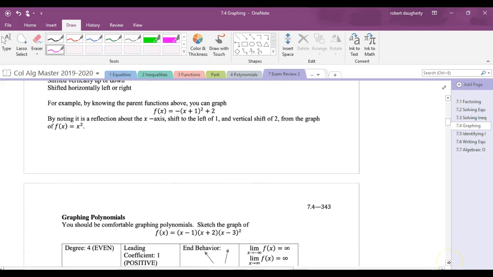But furthermore, what we really wanted to know was, with these parent functions, if you memorize them, then you would know how to graph transformations, okay? So if you look at this, how would I figure out what this graph looks like? This is a transformation of f of x equals x squared, okay? So what has happened? So the negative in front tells me that it's been reflected